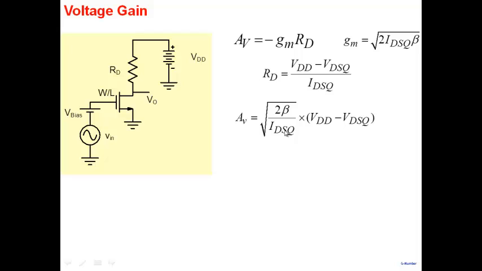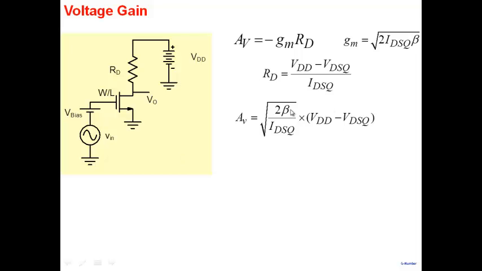What is the other way? Is there another way of increasing the gain? Which one? Beta. That's the other important thing. See, unlike the bipolar transistor, where we could not change the size and the size did not come into the picture at all, here, if you look at beta, beta is what? Kp, which is a constant. You as a circuit designer can't do anything with Kp, but it is Kp